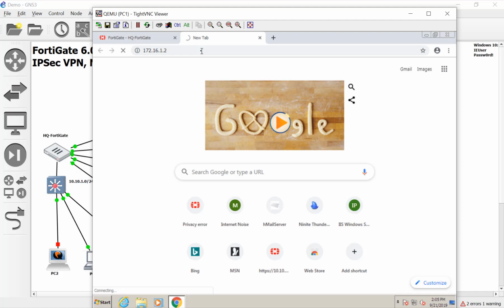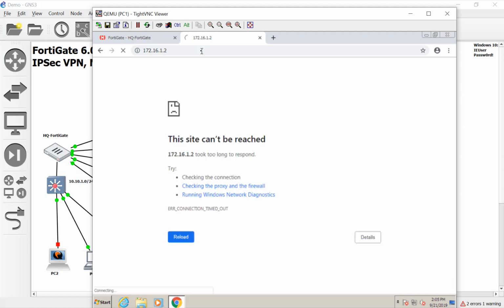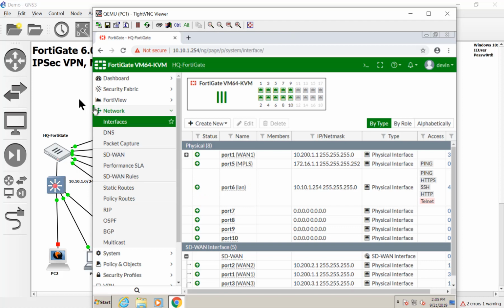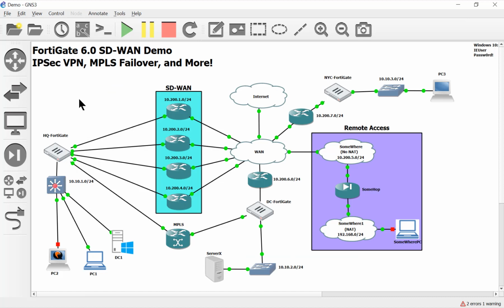Okay, so there's a couple of things going on here. One, there's no firewall policy to even let me go out that interface. And two, the Dallas office, the DC, is dropping it because the 10 network is unknown to it. It doesn't know about the 10.10 network. All right, so we're going to have to fix that real quickly. And let's do that. So are you guys ready? And that's known as reverse path forwarding check or anti-spoofing. Okay, so let's go ahead and